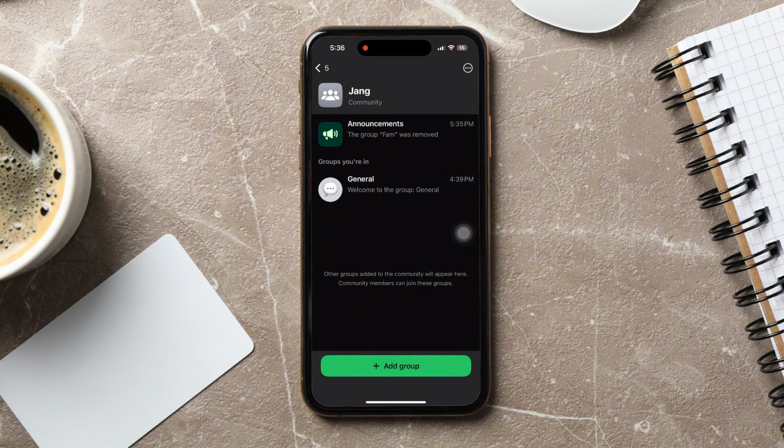So, by following these simple and easy steps, you can go ahead and easily delete a group from a WhatsApp